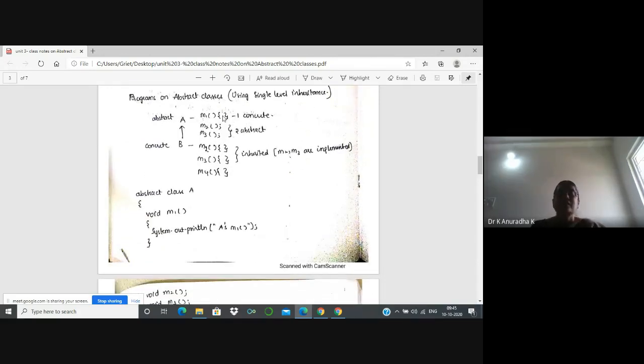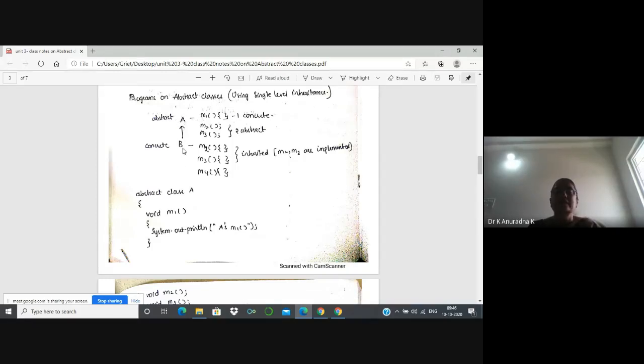Okay. Now here I will explain upcasting. So I will write two programs. One is using single level inheritance, another one is using multi-level inheritance. You can understand it easily now, and you know the upcasting concept also. Here we will use only upcasting, that's it. That's why upcasting is very, very important in abstract classes and interfaces. Okay. Now this scenario I will take.